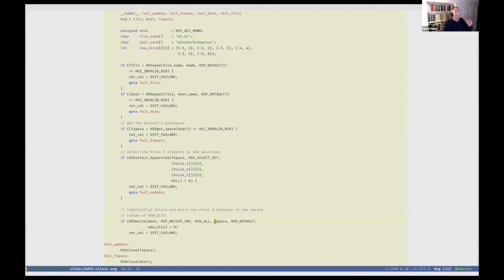So maybe I'm going to hit the pause button here and just say, we all know, of course, that this is just syntactic sugar for what we tell C to make it look like a two-dimensional array. C doesn't really have a concept of dimensionality.